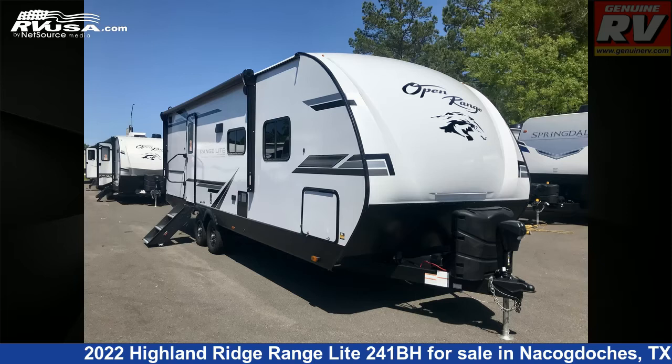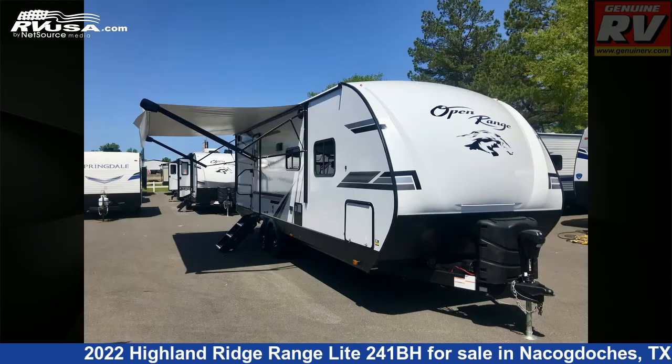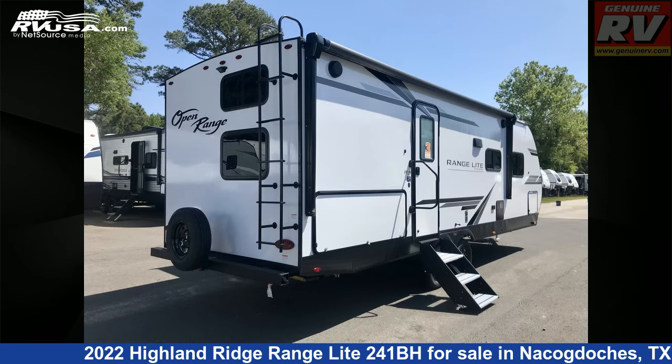This 2022 Highland Ridge Range Lite 241BH is a travel trailer RV. It is located in Nacogdoches, Texas, 75964 and is offered for sale by Genuine RV Store. This new Highland Ridge is 29 feet 11 inches in length and features one slideout, a Cascade Ivory interior, sleeps